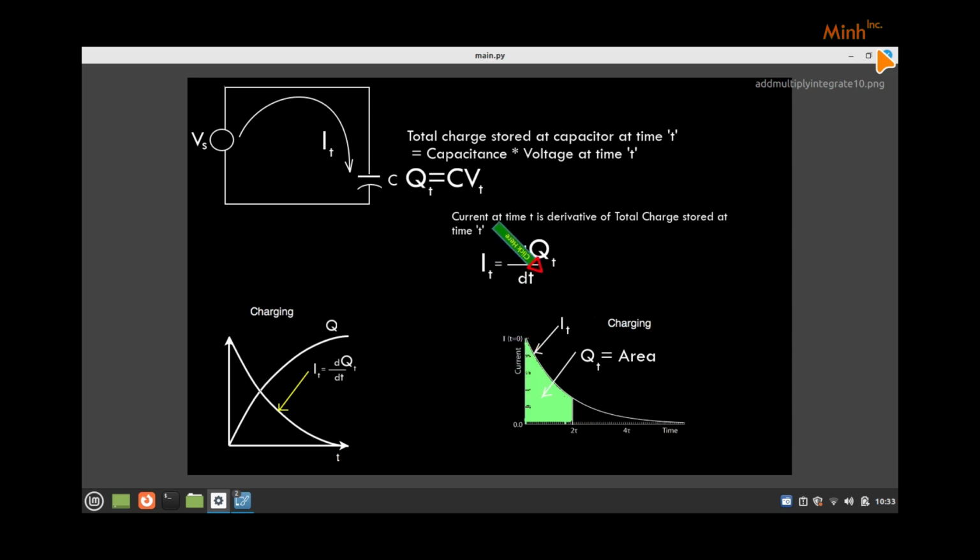So if I know the Q, when I know the voltage, I know the Q. Okay, so I'll differentiate dq by dt, and I'll find the I theoretically. So if I know the voltage, then I know the Q. If I differentiate the Q, then I find the I. Once I find the I, that would be the theoretical I, what we get through the formula. That will be corroborated through the actual